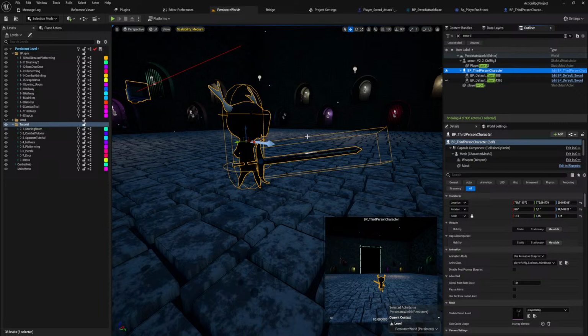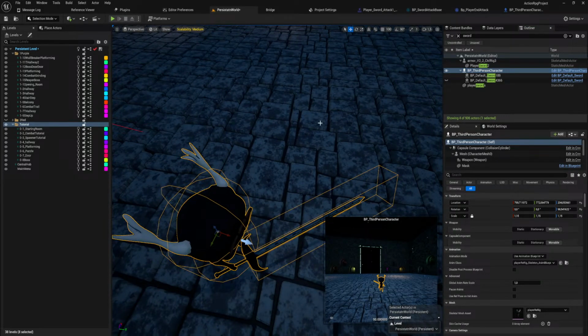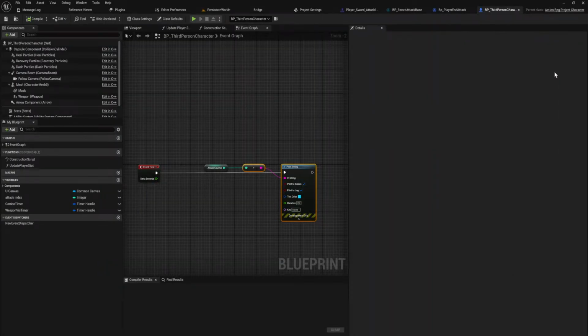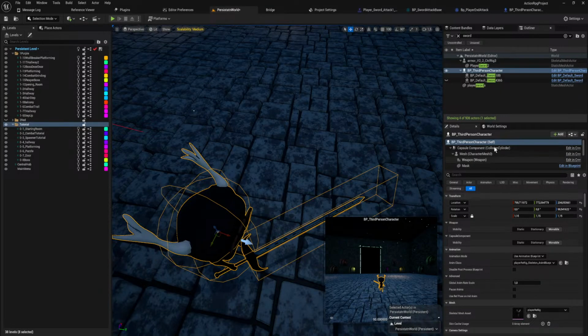Yeah, it just has 2 swords. Why does my character have 2 swords? Can I, like, reload this or something?